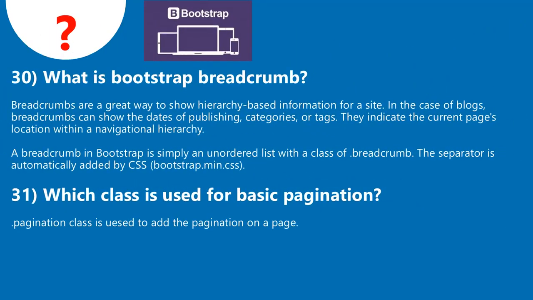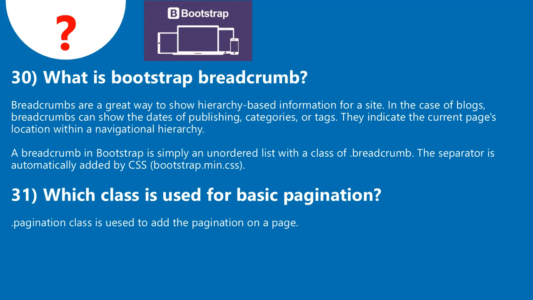30. What is Bootstrap breadcrumb? Breadcrumbs are a great way to show hierarchy-based information for a site. In the case of blogs, breadcrumbs can show the dates of publishing, categories, or tags. They indicate the current page's location within a navigational hierarchy. A breadcrumb in Bootstrap is simply an unordered list with a class of .breadcrumb. The separator is automatically added by CSS,